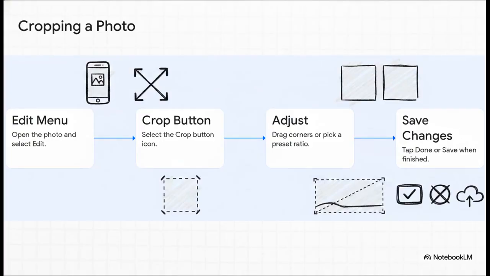Let's start with what is probably the most basic, but honestly most powerful edit you can make, cropping. On both platforms, you just start by tapping the photo and opening up that edit menu. Then, select the crop button. It usually looks like a little box with arrows around it. From there, you can manually drag the corners to strip out any distracting, unnecessary elements in the background, or even